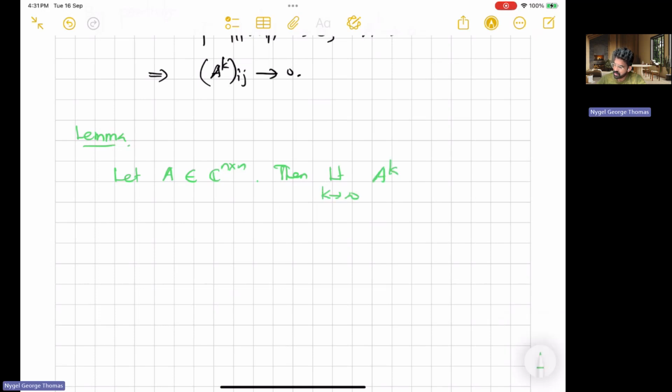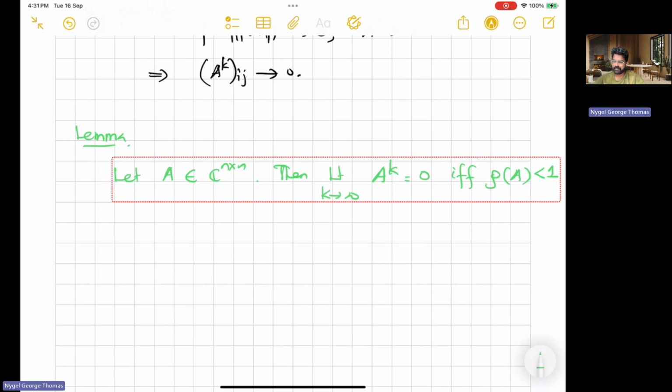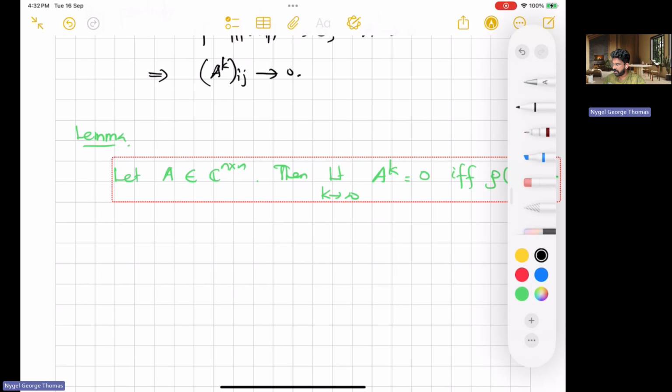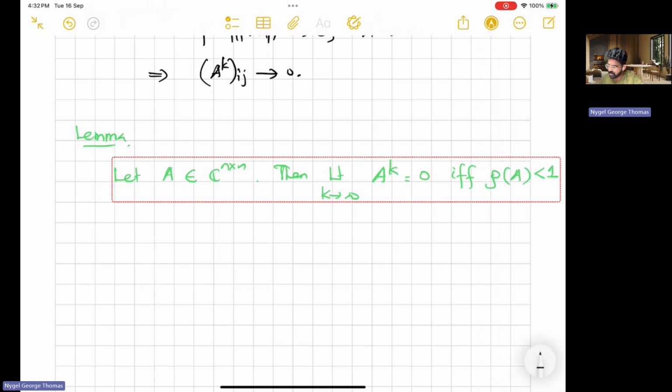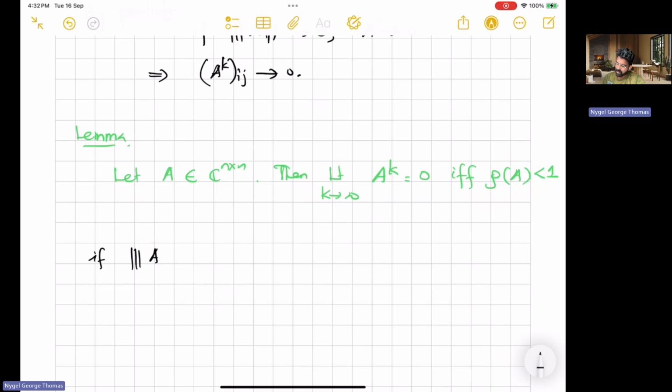A raised to k is equal to 0 if and only if the spectral radius is less than 1. This is actually intuitive. From the earlier case, we've already proved that if norm of A is less than 1, then